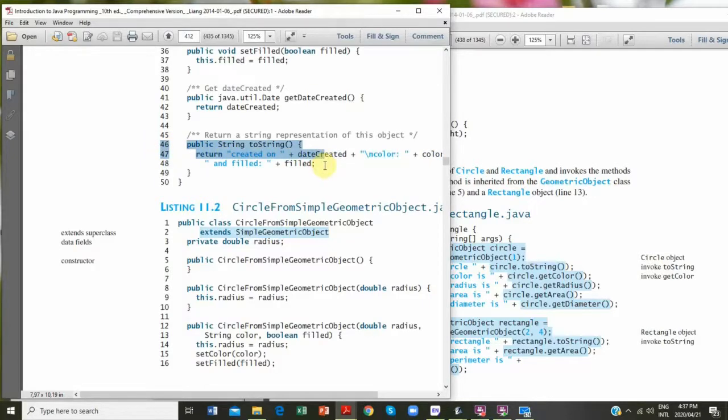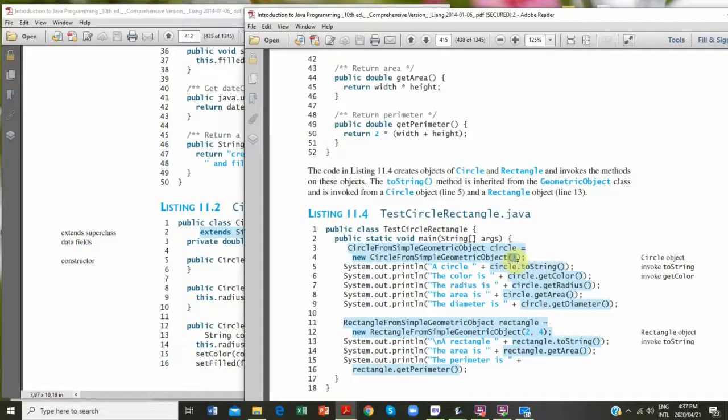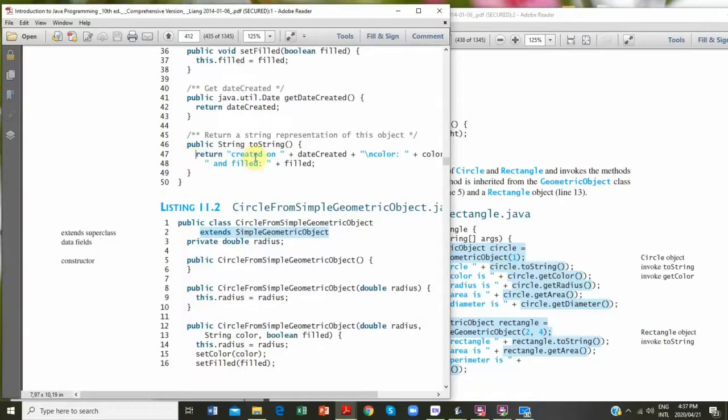If you can just quickly go to the left-hand side, this is the toString method that will be called. It starts with "created on", and then the date, new line, "color" is a part of the string, then it displays the color, and then "and filled", and then whether it is filled or not with that specific color. So this string will be displayed when you call your toString method. Since you haven't supplied a value for the filled